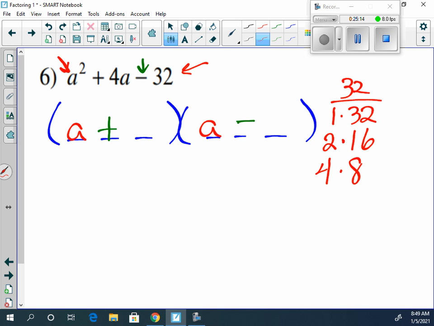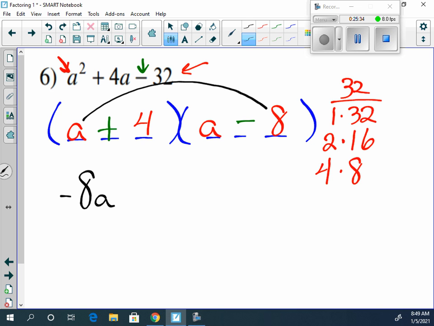Now, which ones do we want to try first? 4 and 8. So I'll just plug them in, 4 and 8. And now we can check it. So we're going to have a times negative 8, which will be negative 8a. Positive 4 times positive a is going to be plus 4a. And negative 8a plus 4a would be